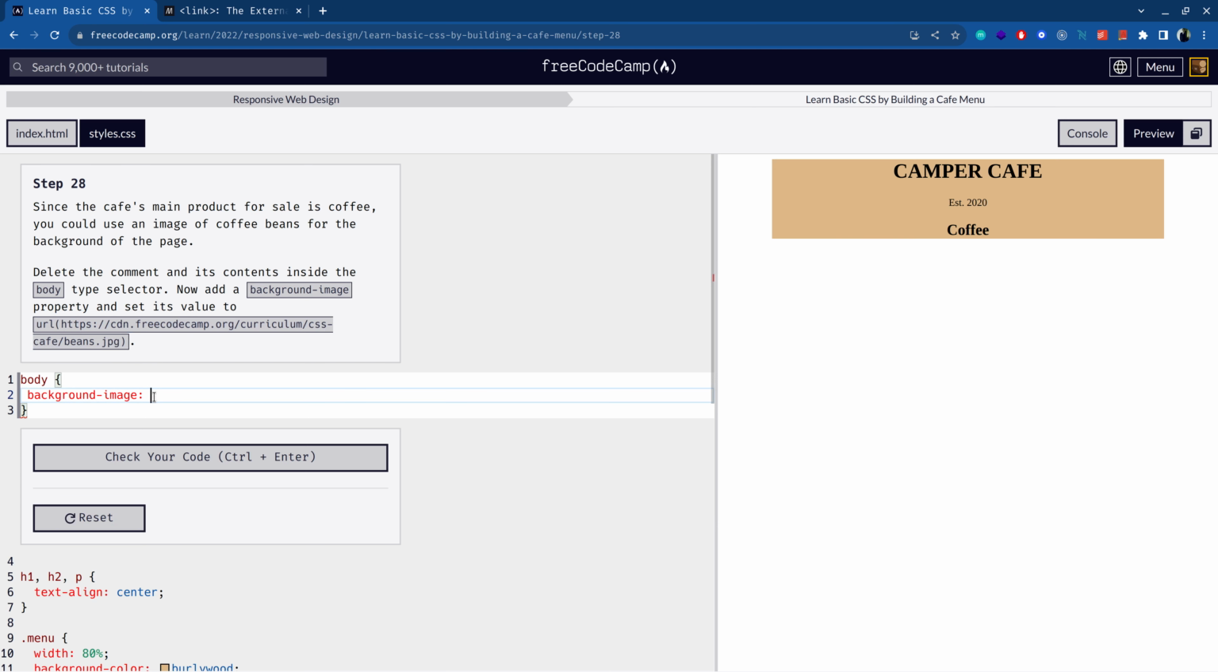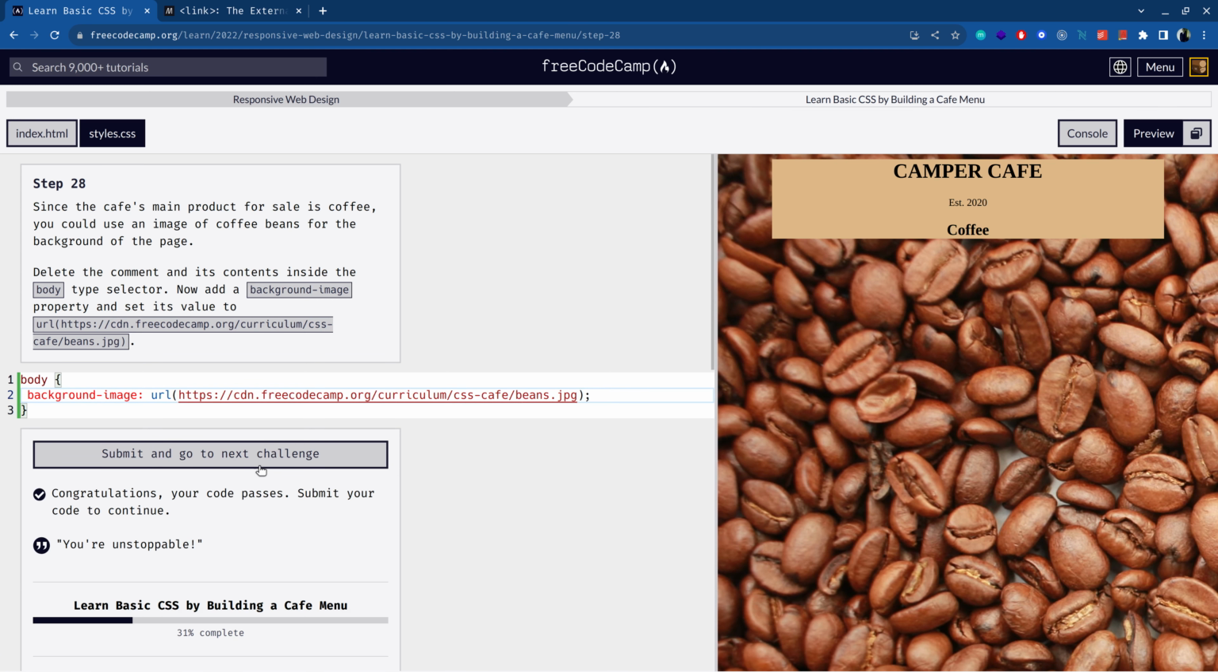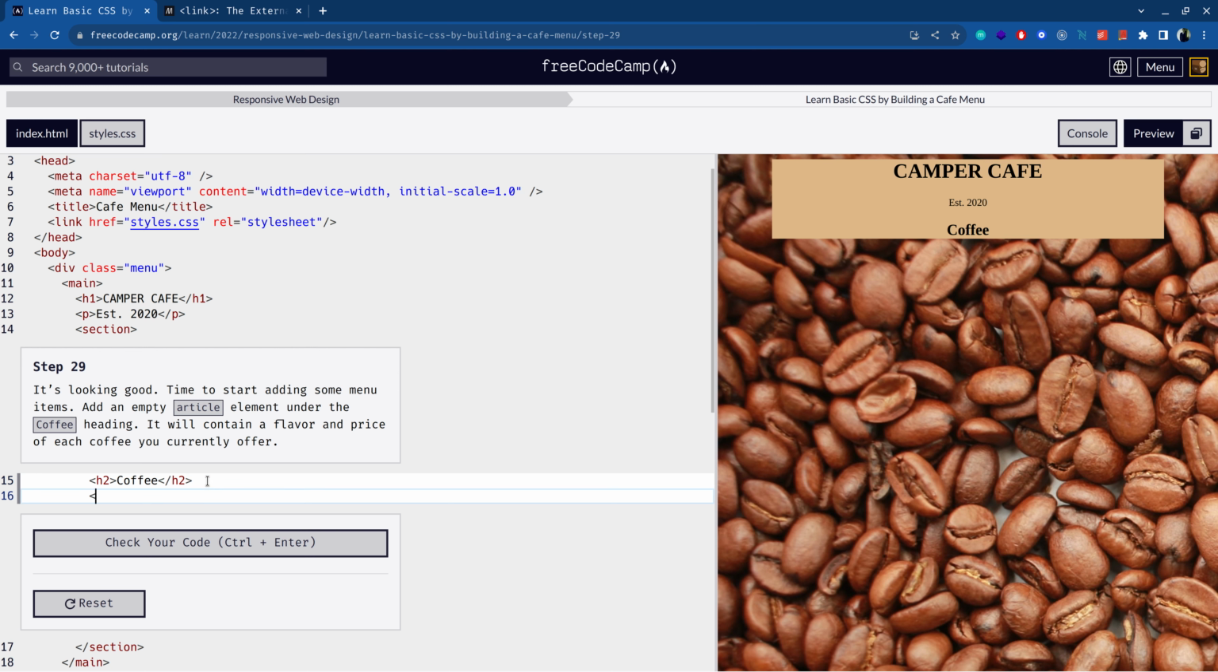Copy and paste. Yeah, so we have the coffee beans there. It's looking good. Okay, time to start adding some menu items. Add an empty article element under the coffee heading. It will contain a flavor and price of each coffee you currently offer. Okay, so under the coffee heading, let's include an article